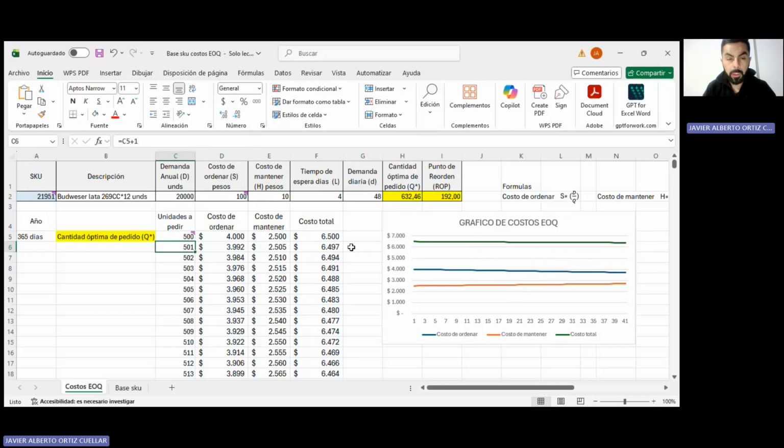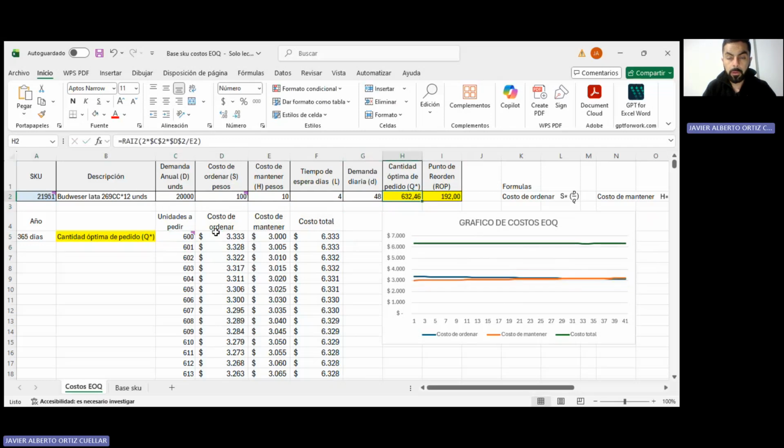Then we can say that the EOQ model is working. Okay, this model is for one year. Yeah, it's for the phase of